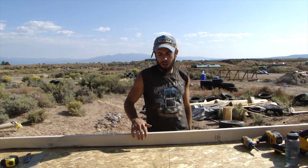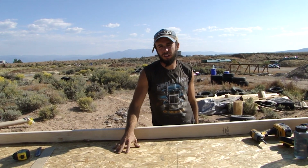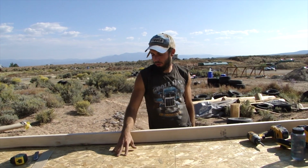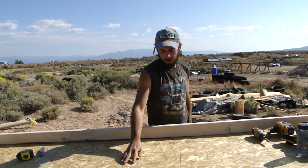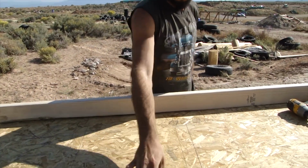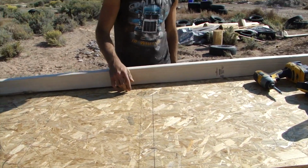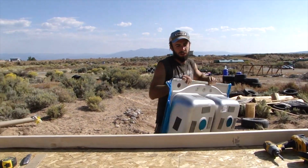So I'm making the countertop form for the countertop that's going to have the kitchen sink in it, and I am doing a layout here to make a knockout, so there's a void in the countertop so the sink can fit into the countertop. So what I have here is my kitchen sink,